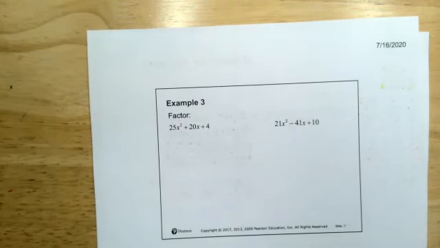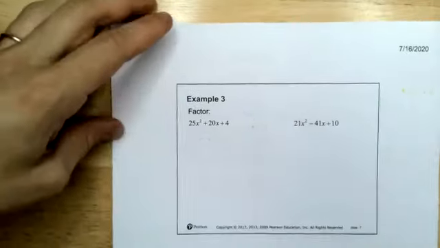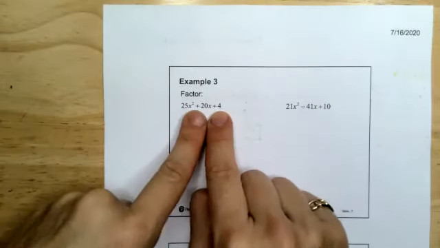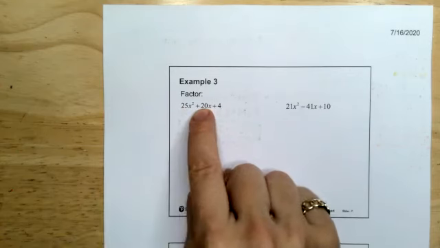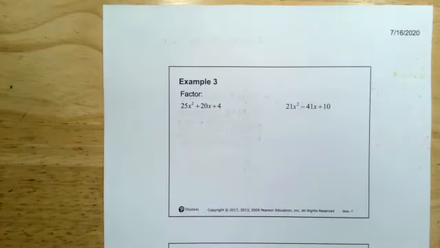All right, this says factor 25x squared plus 20x plus 4. Remember that you want to factor out a greatest common factor from 25, 20, and 4. Unfortunately, if it was just 20 and 4, we could divide by 4. If it was 25 and 20, we could divide by 5, but there is no common factor for 25 and 20 and 4. So there is nothing to factor out. We want to find the factors of